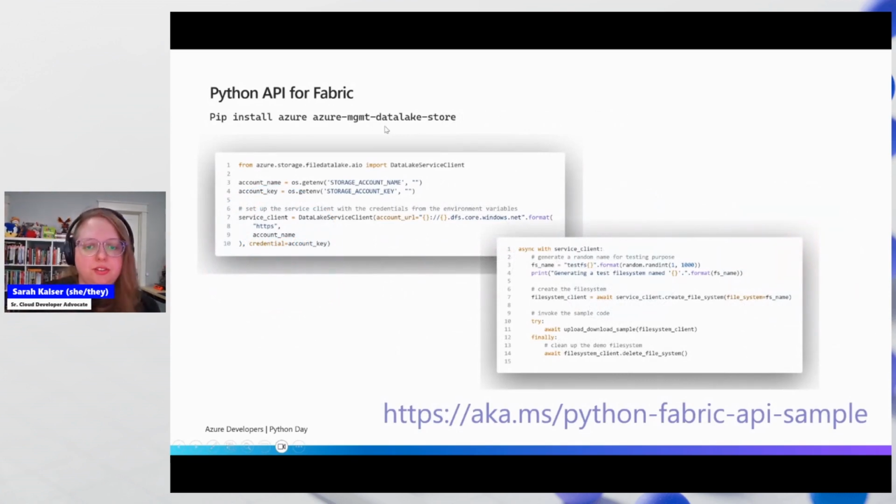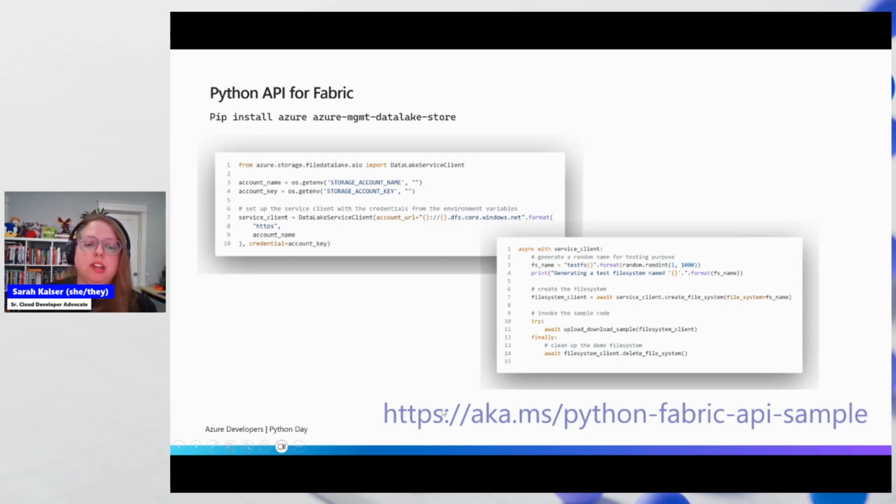So just to show a quick sample of that API, to get everything of the Azure API, it's pip install azure. But in particular, a lot of the features we're looking at here for data lake management are in azure management data lake store. It's fairly straightforward, like anything else. You import the client, you set up credentials to connect to it. And the second code sample here shows a snippet of asynchronously syncing a local file system with files on your